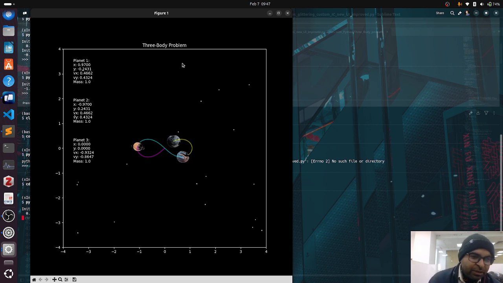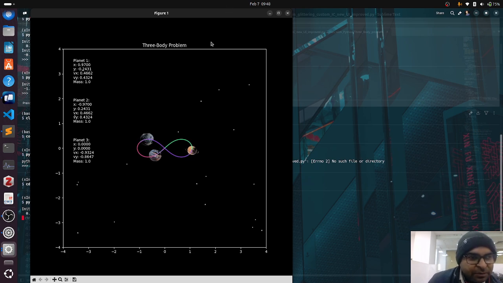In quasi-equilibrium, the system makes an infinity or a figure 8. These initial conditions were proposed by Montgomery. This is famously known as Montgomery's 8. No matter for how long this simulation runs, it will loop within this 8 position, and all these planets will follow this path and will always keep bound in each other's gravitational field.